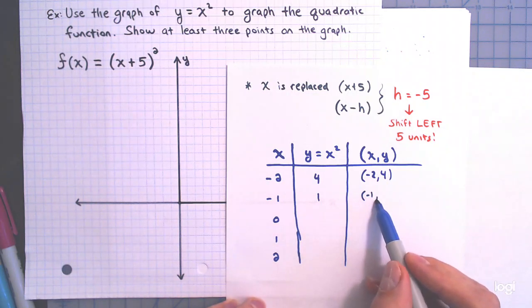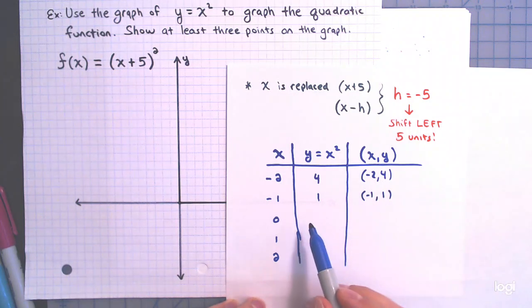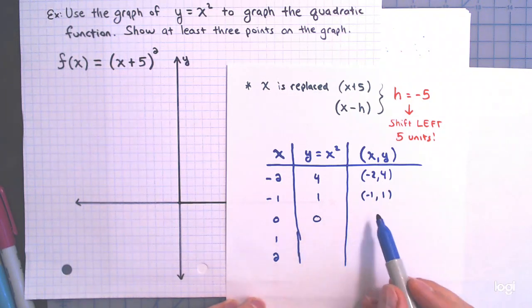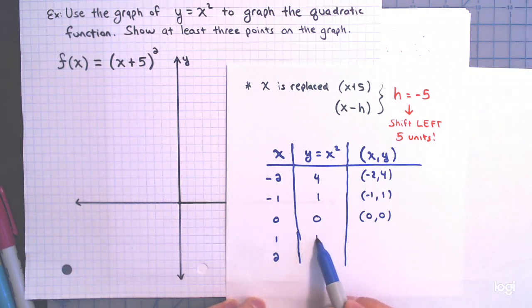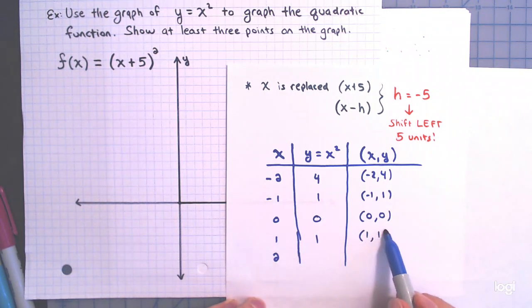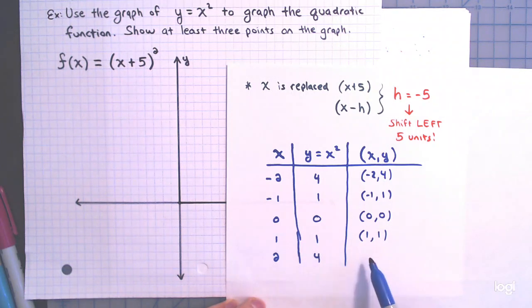So I have -1, comma 1. That point I'm going to plot. When x is 0, y is 0. So 0, 0. When x is 1, 1 squared is 1, y is 1. So 1, 1. And 2 squared is 4, so I'm plotting the point 2, 4. And I'll plot these 5 points, and again you're going to see that this y equals x squared